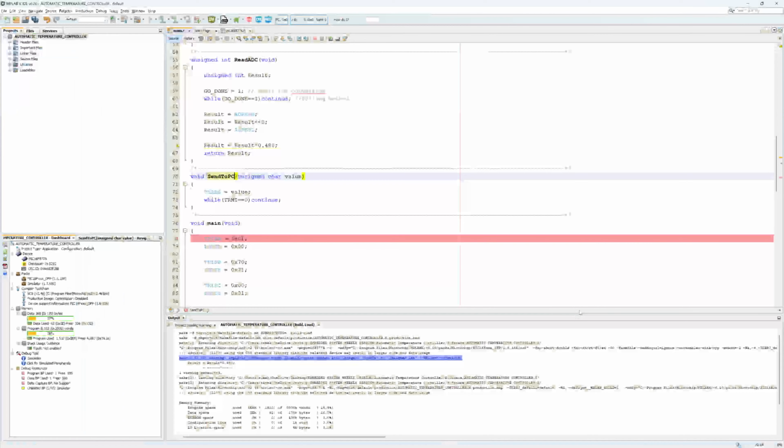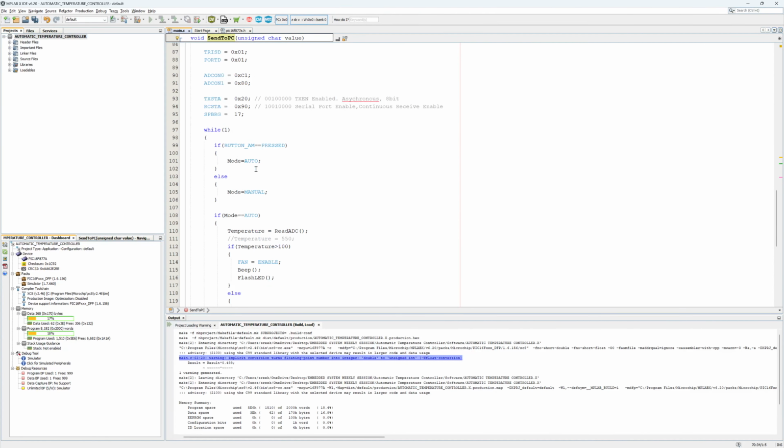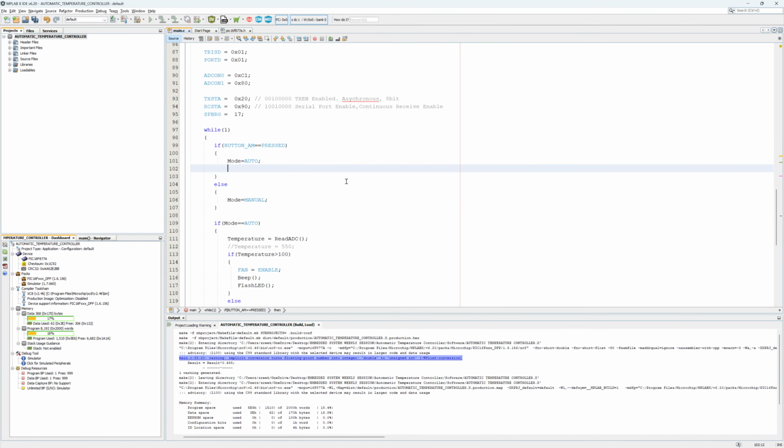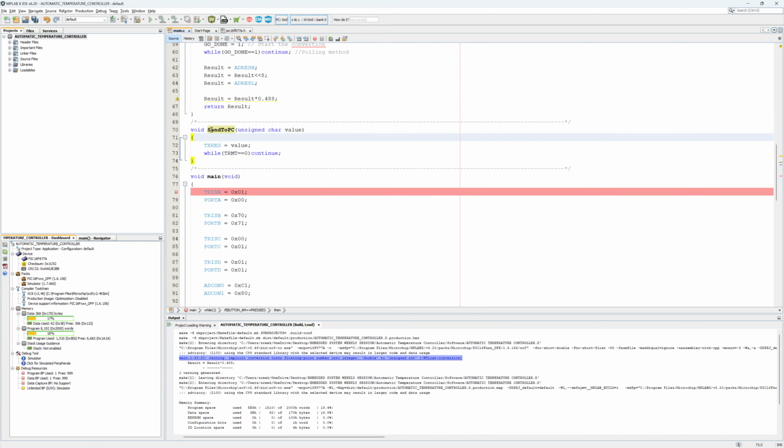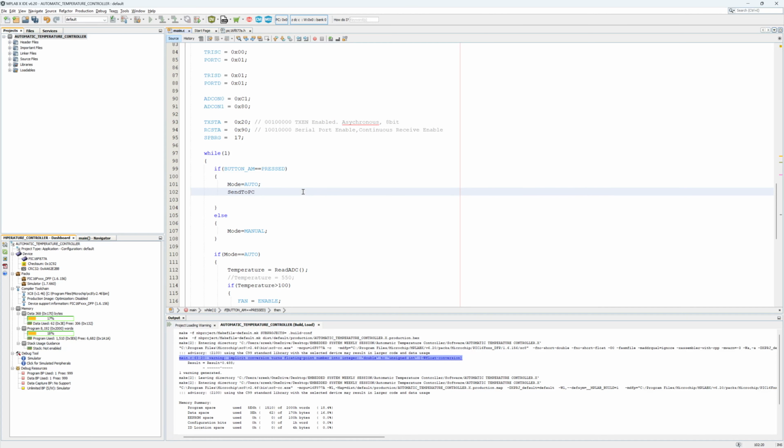I need to send a character A. So after initialization, if button equal to pressed, I need to send a particular thing: send it to PC, character A,